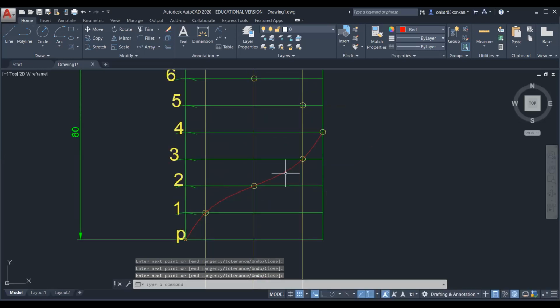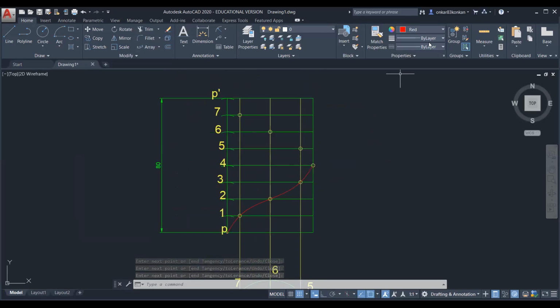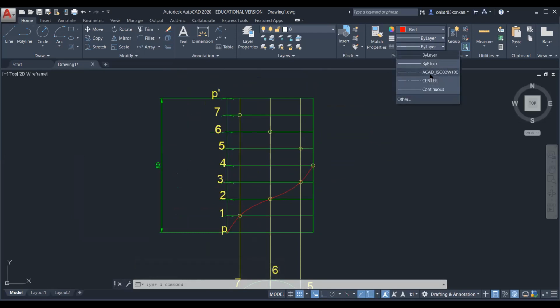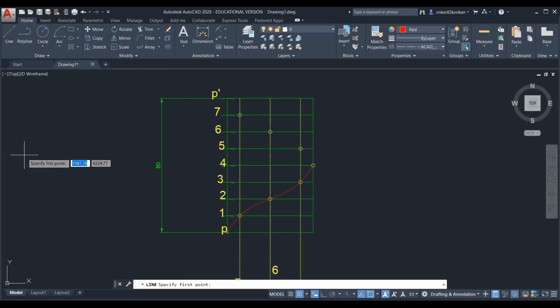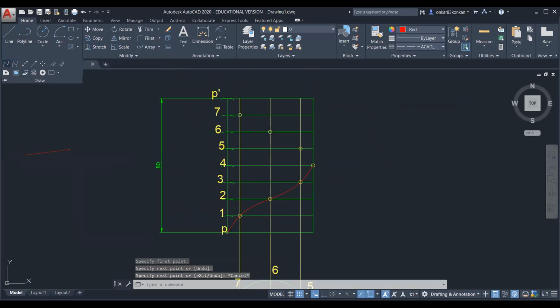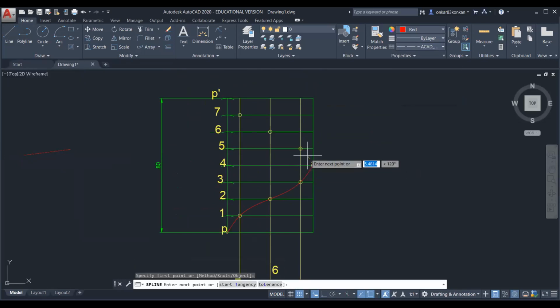This is the visible portion of that curve, and this remaining curve is the hidden curve.